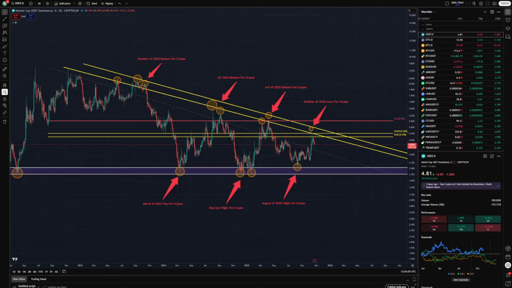Today, we're going to talk about one of my favorite charts, but one of the most important charts in all of the crypto market. This is a chart that pretty much no one talks about, and I was one of the first people to discover the correlation, or I should say inverse correlation, to the crypto market back in 2021, and it has helped guide me through this market at every top and every bottom since then accurately. So with that being said, we're going to talk about the stablecoin dominance chart and its significance to the crypto